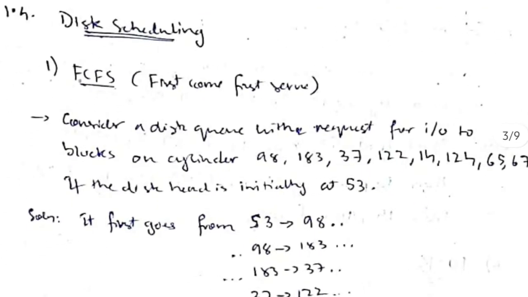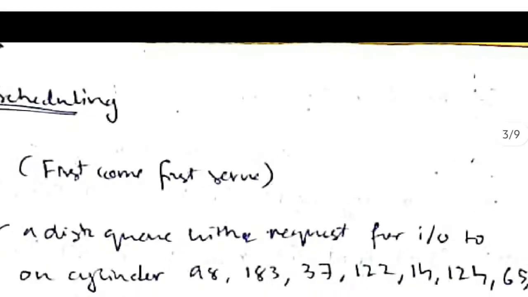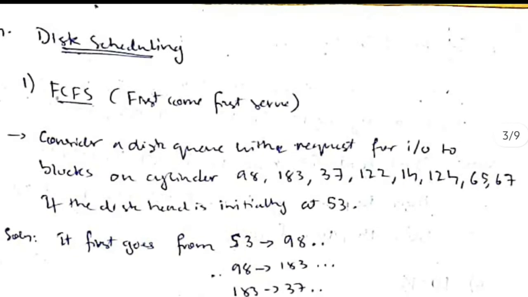The next one is disk scheduling. See here, suppose that there are many cylinders here, and I want to access the data from this cylinder and this cylinder. So I have provided the numbers here 1, 2, 3, and 4. I have to access the data from 2 and 4. In which way will I access? First I will access 2, or I will access 4 first. If there are multiple cylinders, which is the combination which I will choose, which will give me the least access time? Okay, so by many algorithms you can determine that.